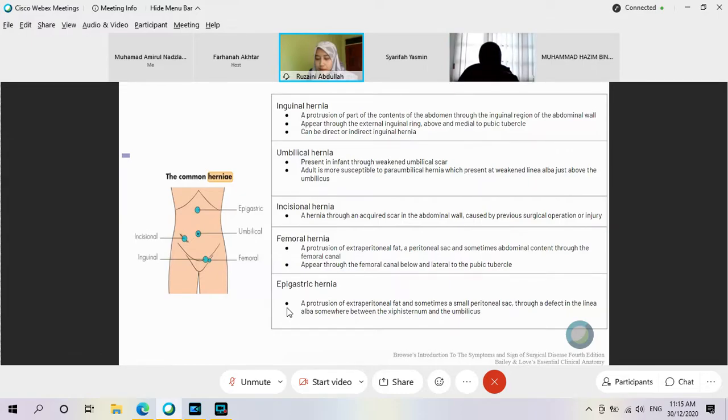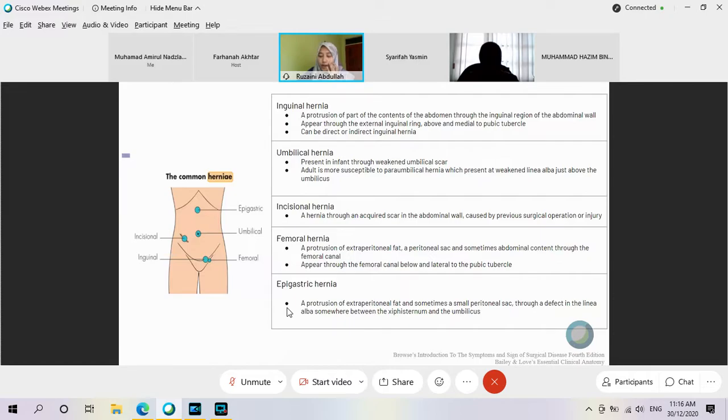I'm just going to read briefly the introduction to each type of hernia, but later we will go through each type in a bit more detail. To memorize the names of the hernias is not really difficult. It's quite easy because the name of the hernia corresponds to the site it develops. For example, the first one is the inguinal hernia, which is the most common type of hernia.